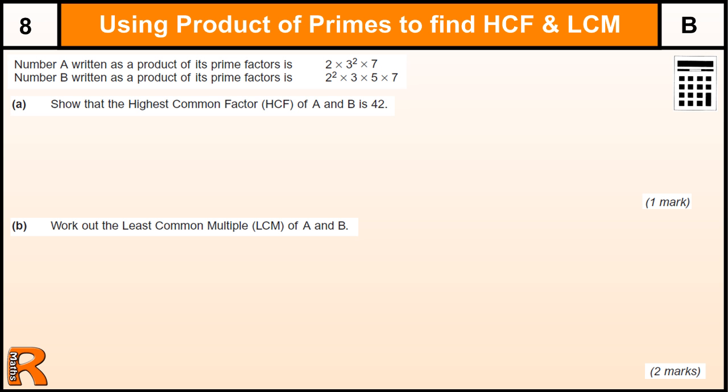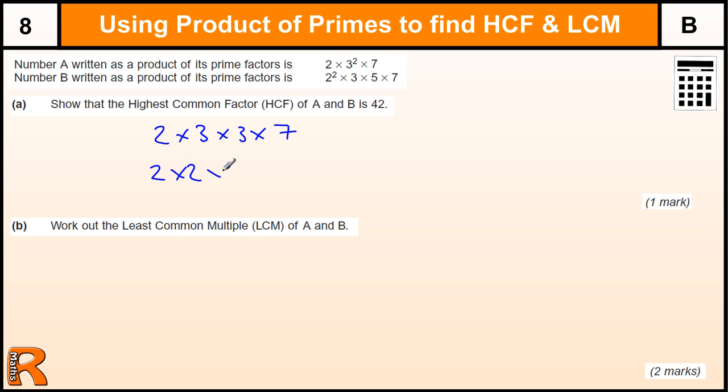Using the product of primes to find the highest common factor and the lowest common multiple. So if we're told number A is written as 2 times 3 squared times 7 in its prime factor form, and then B is 2 squared times 3 times 5 times 7, show that the highest common factor of A and B is 42. Well, if we've got 2 times 3 times 3 times 7, which is A, and then